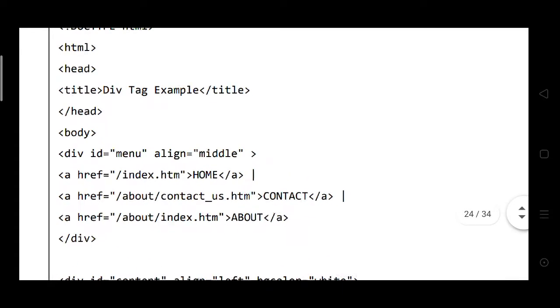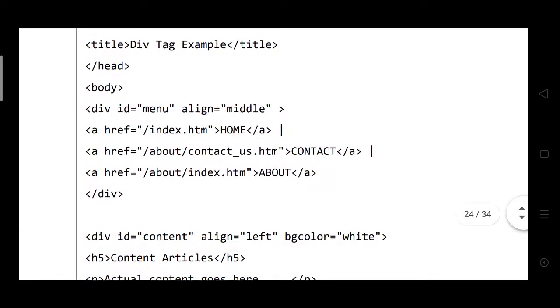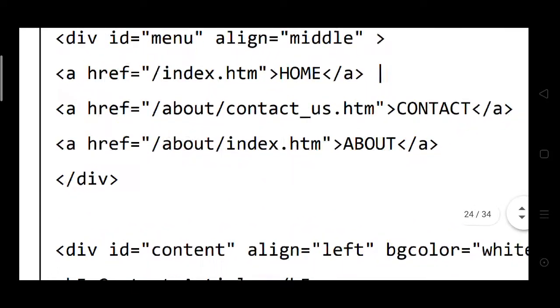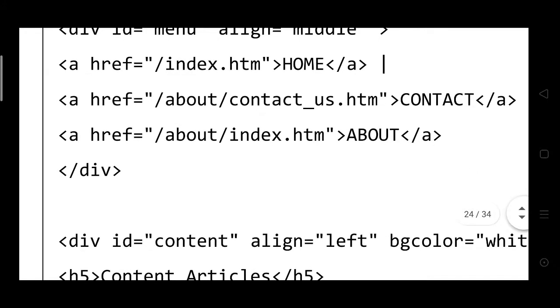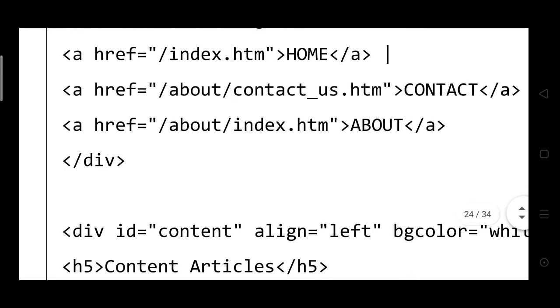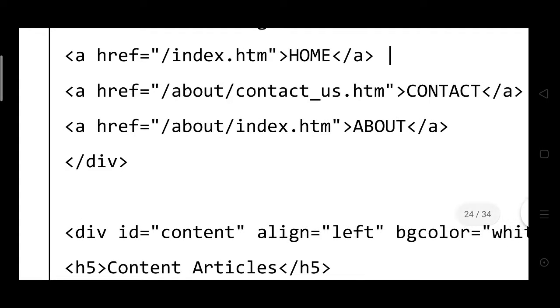Here a href index.html is the hypertext of the page.